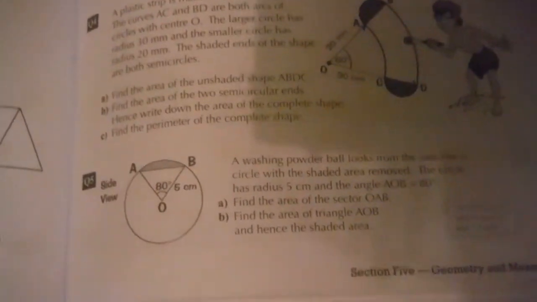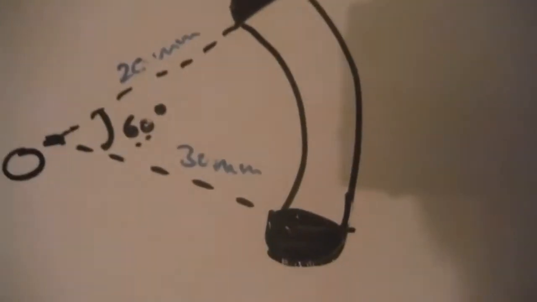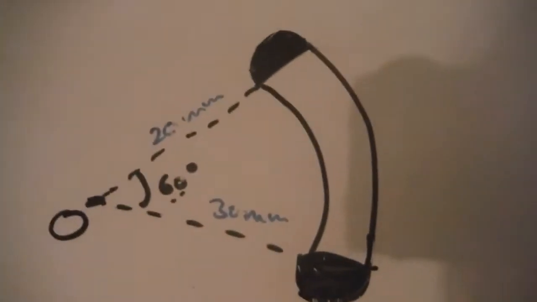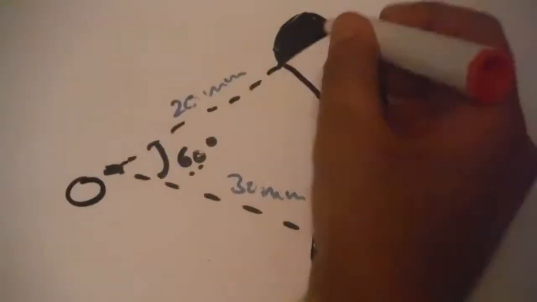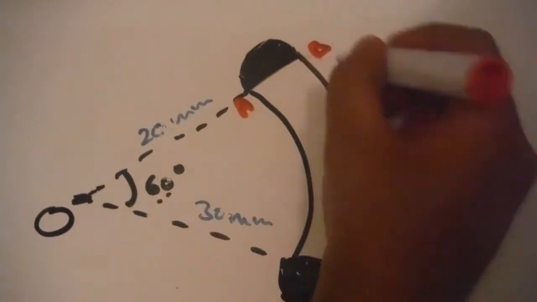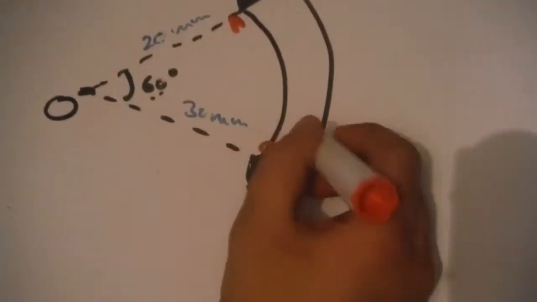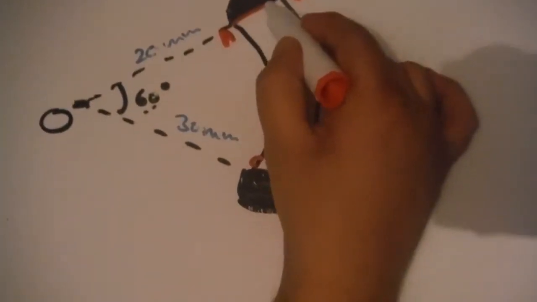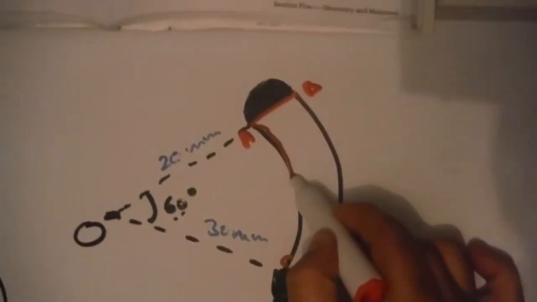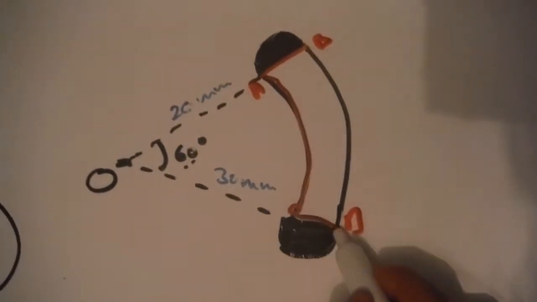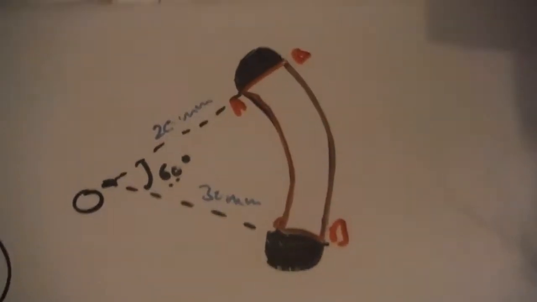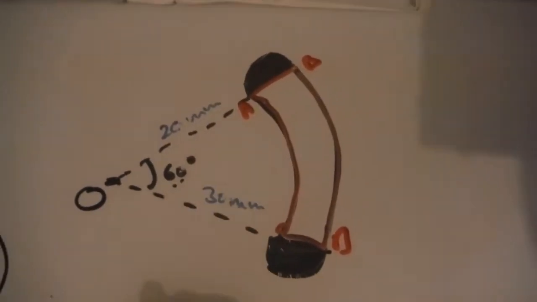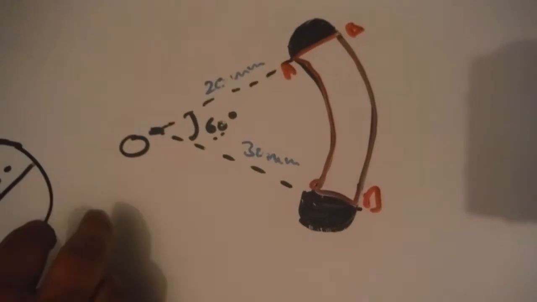Okay, part A asks us to find out the area of ABDC, which is obviously this section here. If this is A, this is B, this is D, and this is C, so we want exactly this area. Okay, so to work this out, we're going to have to break it down once again